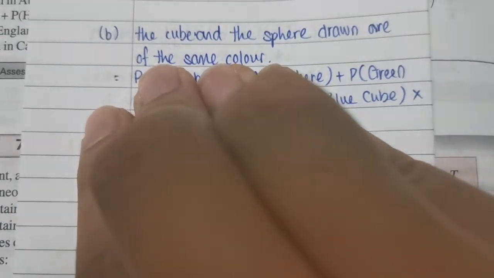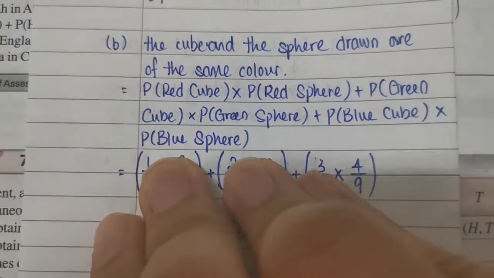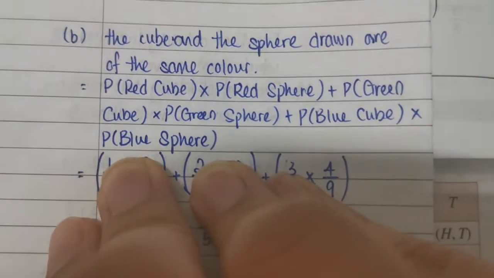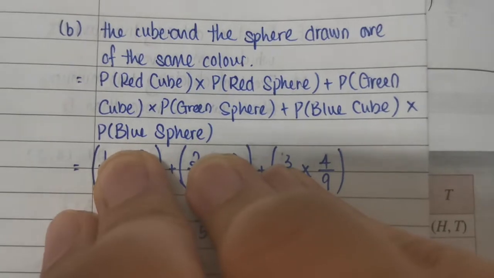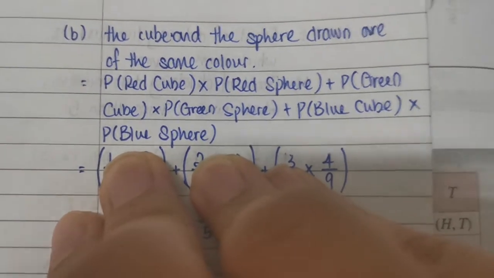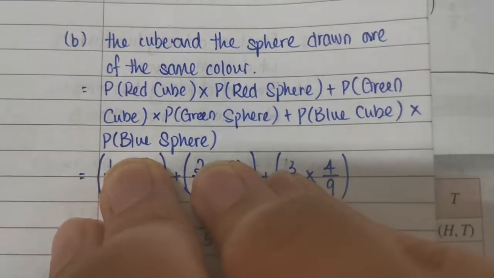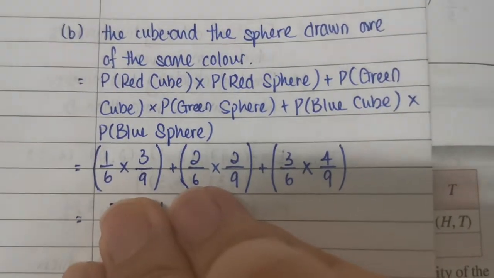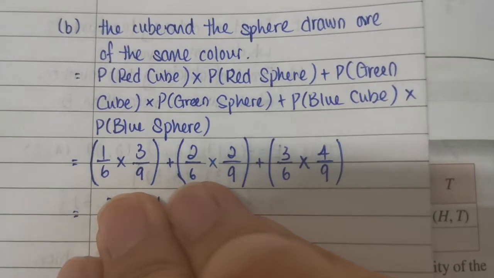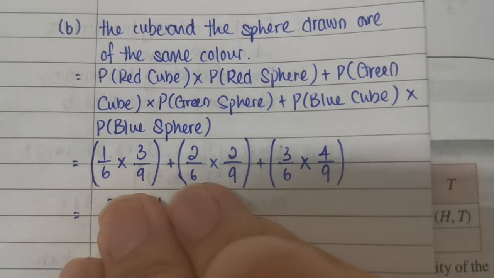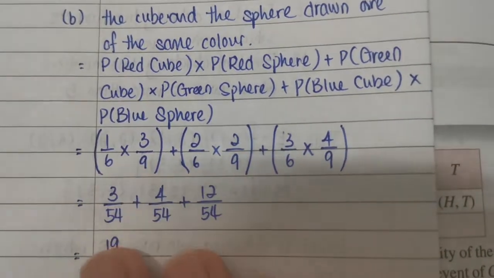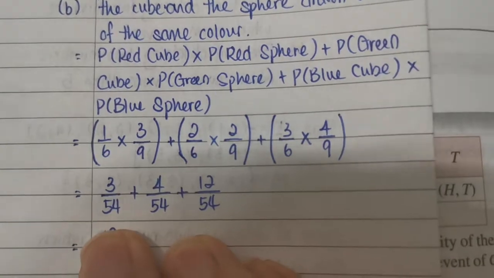Then after that, the cube and the sphere drawn are of the same color。所以我们是 probability of red cube times probability of red sphere plus probability of green cube times probability of green sphere plus probability of blue cube times probability of blue sphere。所以是 1 over 6 times 3 over 9 plus 2 over 6 times 2 over 9 plus 3 over 6 times 4 over 9。So all together 3 over 54 plus 4 over 54 plus 12 over 54 equals 19 over 54。